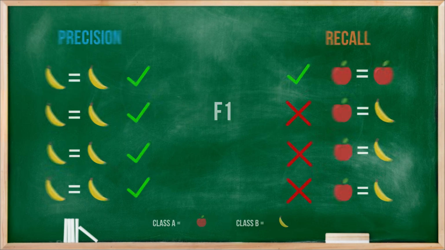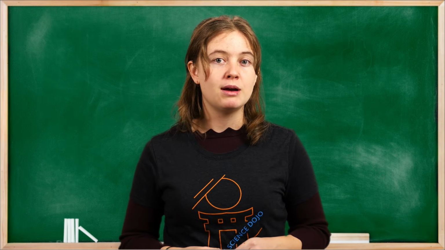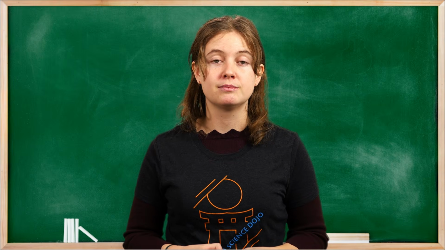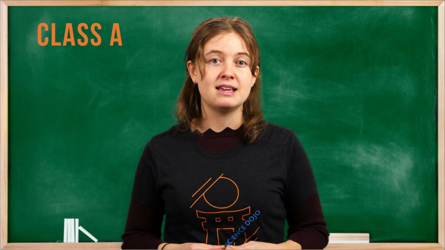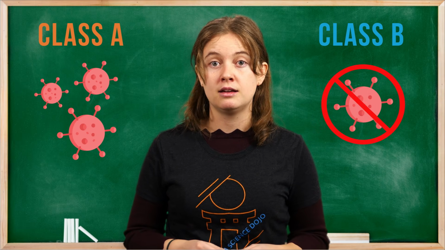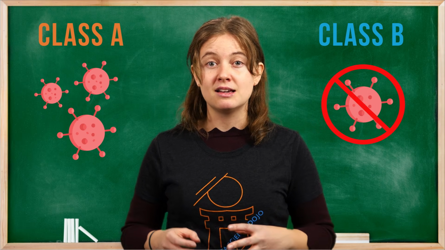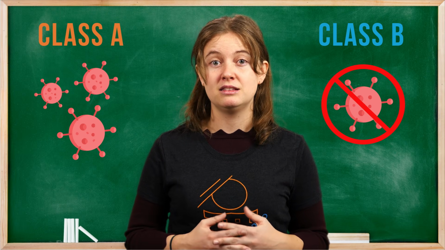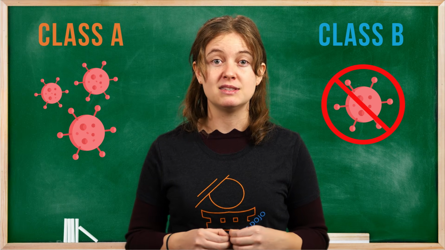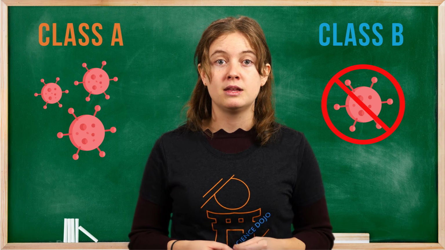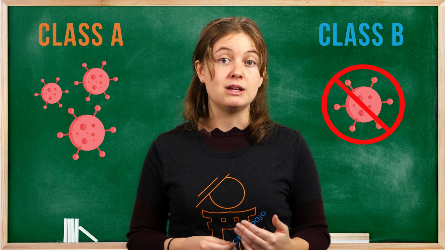There are some cases where you might want to focus on precision more so than recall, and vice versa. For example, Class A might be an aggressive type of cancer, and Class B might be no cancer. The stakes of mistaking cancer for no cancer, or overlooking the cancer, can be extremely high. Therefore, you want your model to avoid mistaking cancer for no cancer, or mistaking A for B. This means you want to focus on recall.